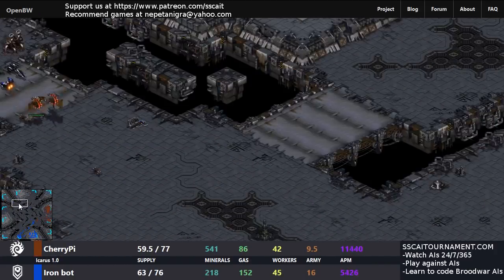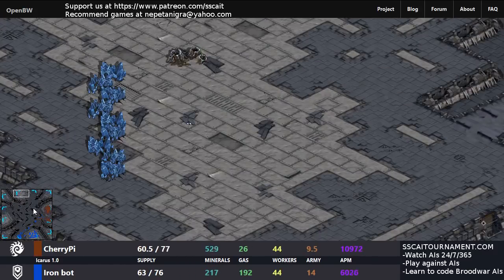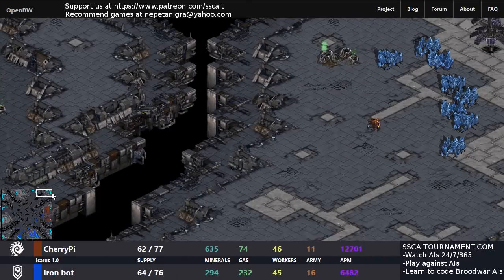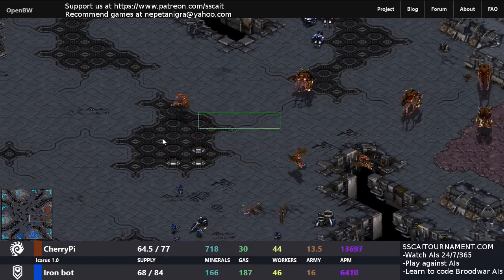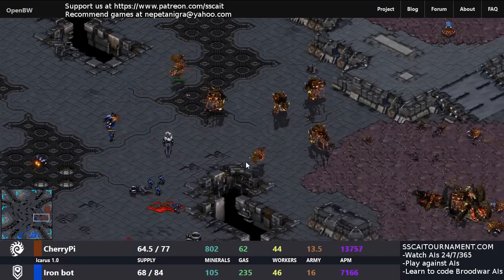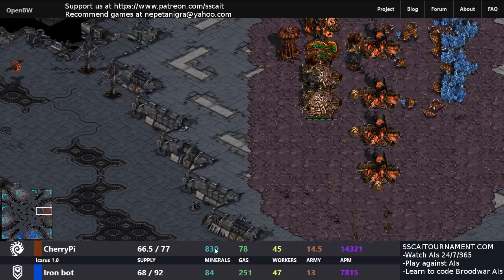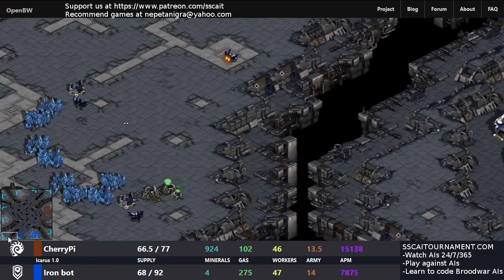And Iron is a little bit sloppy not mining every base, and that may be costly, because now the drone, where is the drone? The drone's over here, and now they will both die, but this base will now be available. Iron coming back though for the contain. A couple of Marines trying to contest with the Mutas, and Cherry Pie is a little bit starved. It's got a lot of minerals, but Zerglings at this point are only going to do so much,